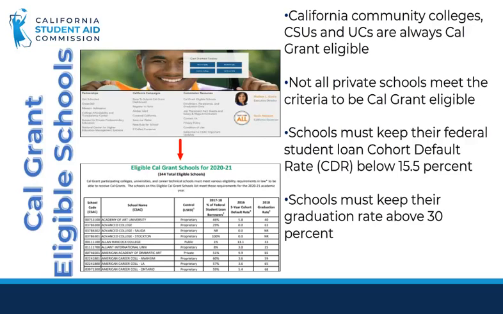Students who wish to be considered for the Cal Grant Award should list a Cal Grant eligible college on their financial aid application, which can be found on the Commission's website. Students can search by college name, by city, or by segment. In order to receive notice of their Cal Grant Award, the college must be on our eligible college list, so please remind students to check.